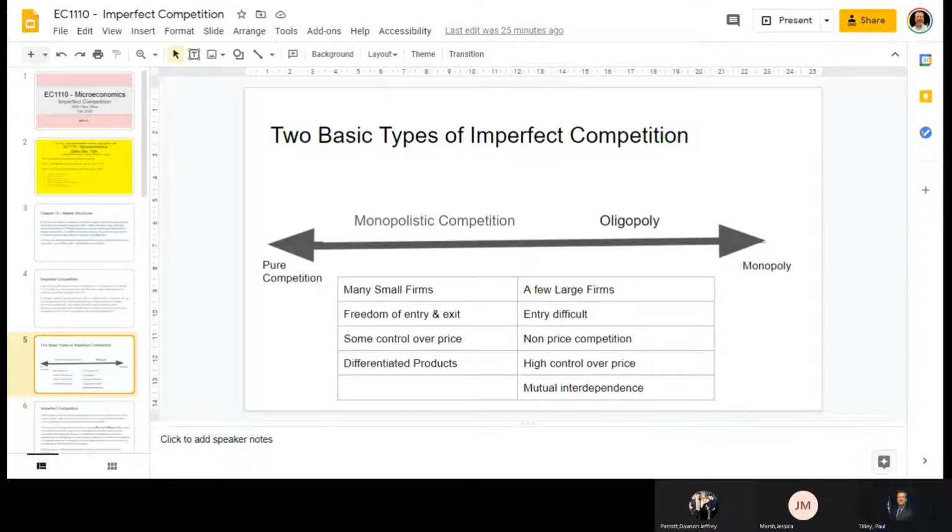On the right side, towards the monopoly side, we have the oligopoly. The oligopoly means a few very large suppliers. So 2, 3, 4, but we're dealing with very low numbers of sellers, very few firms, and those firms tend to be very large. Like airlines, for example. They tend to be large, capital-intensive businesses. Entry into that market, because the business is so large and so capital intensive,